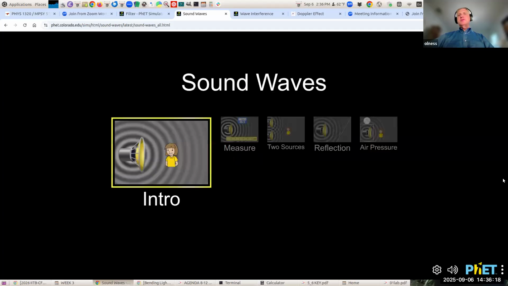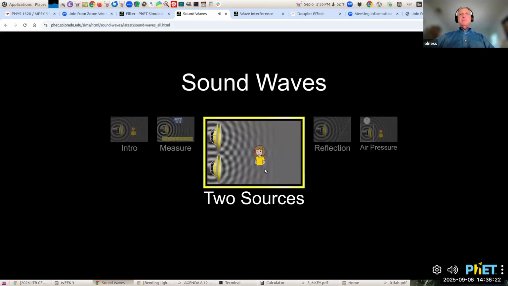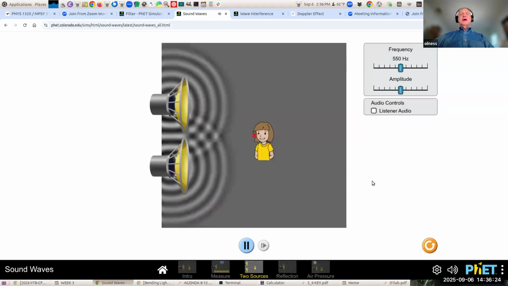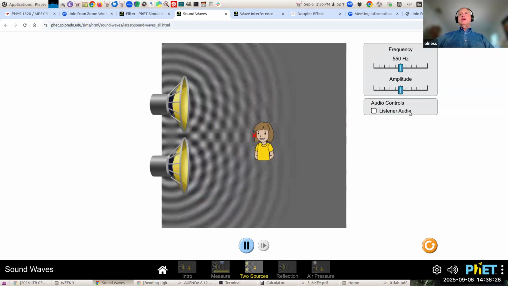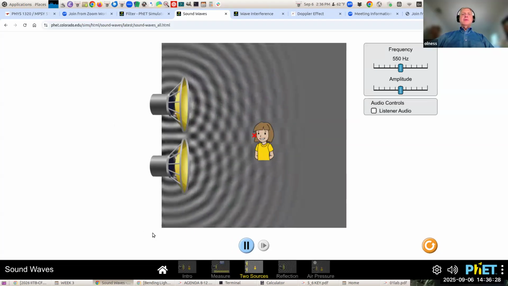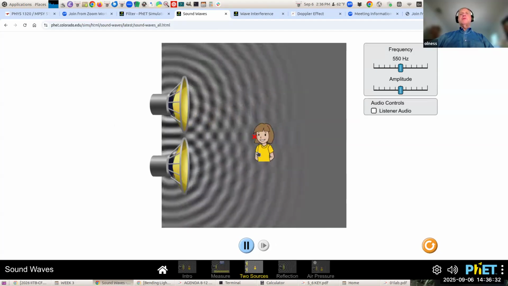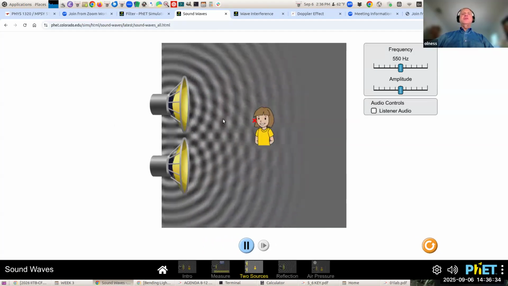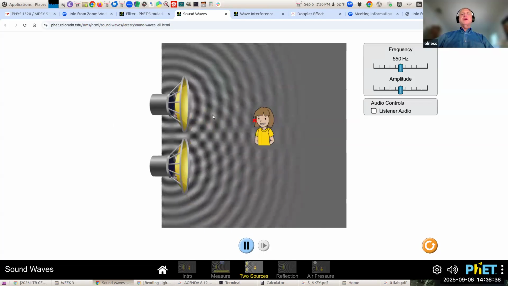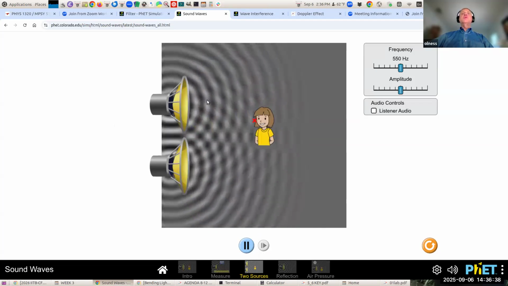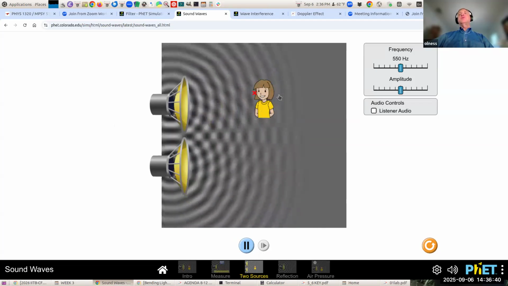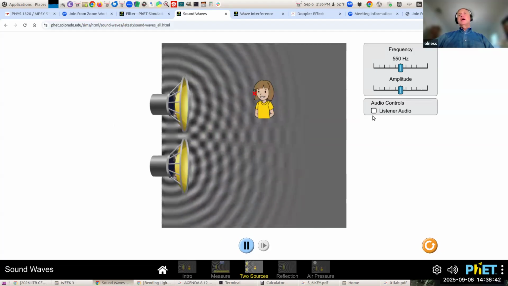Sorry, let me reload this. You may or may not be able to hear this, but if you pull this up on your own, you can actually move the person and you'll hear different things. And you see there are lines along which there's no sound at all. And if you get to one of those nodal lines,